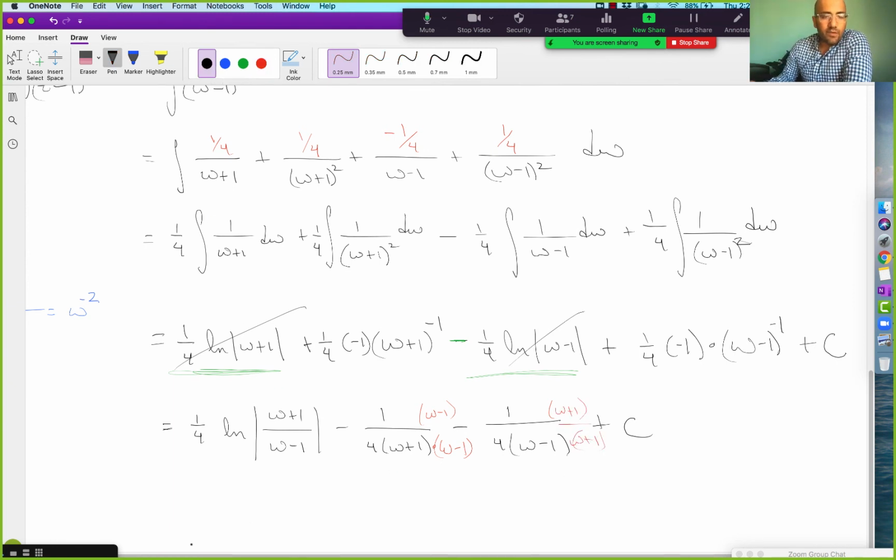And then that would give me the following. This would be 1/4 ln of (w plus 1) over (w minus 1). And then this would be minus (w plus 1), distributing this minus through there, all over